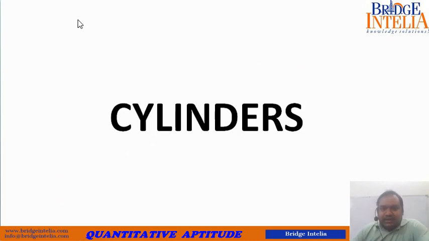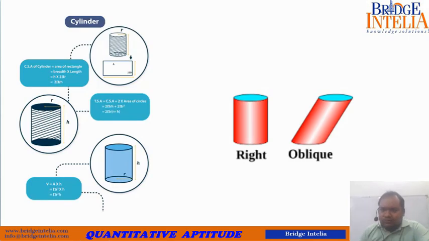So students, the next figure from the domain of solid geometry that you must have a good grasp of is cylinders. So you are all aware of what a cylinder is, how it looks like, and you must also be aware of the basic formulas. So now we will look at the advanced concepts and the type of questions that have been asked from this. But before that, let's revisit the formulas and let's have a better understanding this time, because many times you simply remember the formulas, you don't understand where the formulas are coming from.